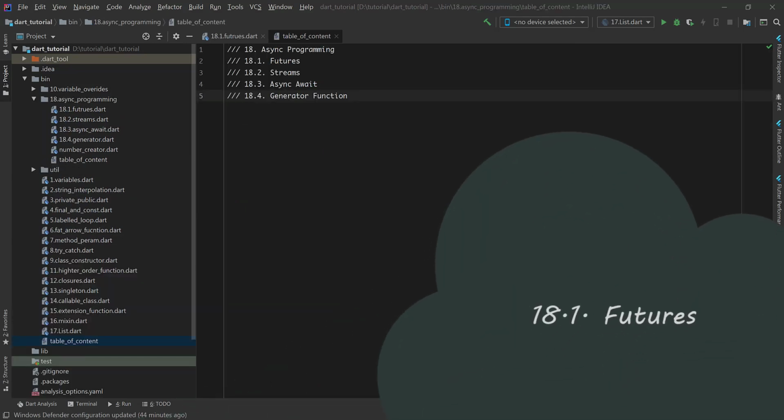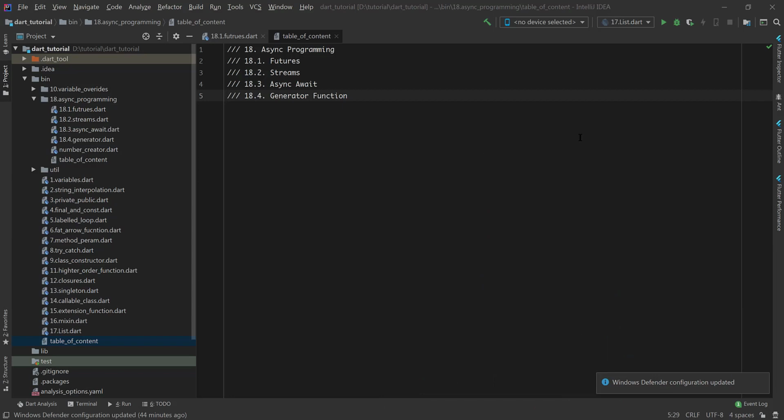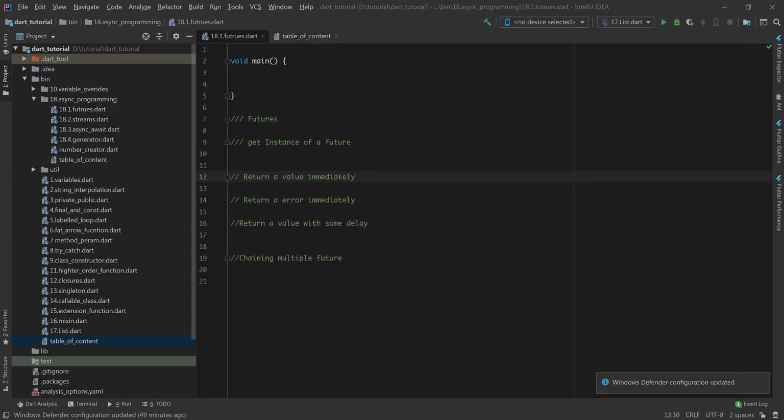In this video, we will talk about Dart async programming patterns and some of the keywords that we have for async programming like future, stream, async await and generator functions. Let's start with future. As Dart is a single-threaded language, everything that is to be executed has to be done with the help of the event loop. Simply put, future is just a contract with the Dart event loop that facilitates it to do some action based on another action, like a tap event, or do some action with some delay, like Future.delayed.